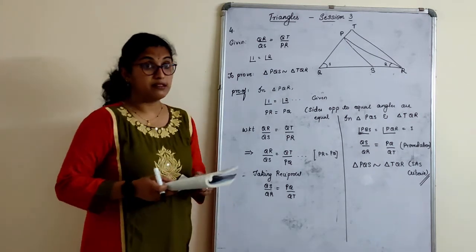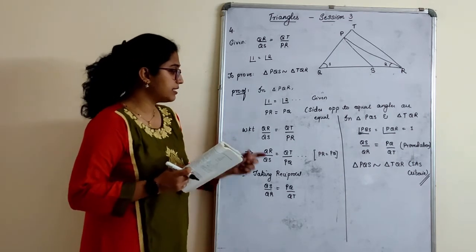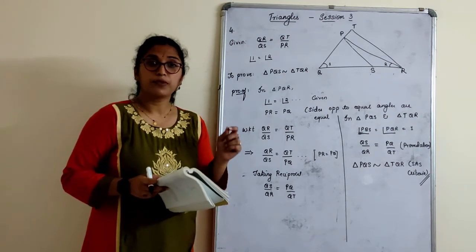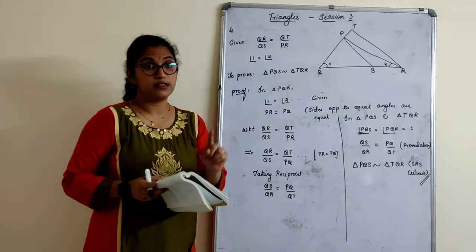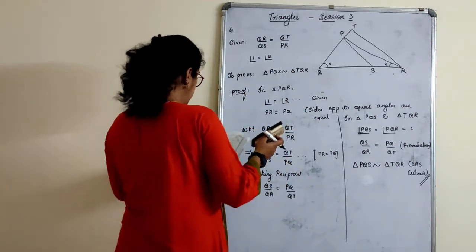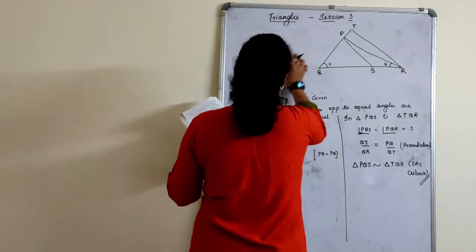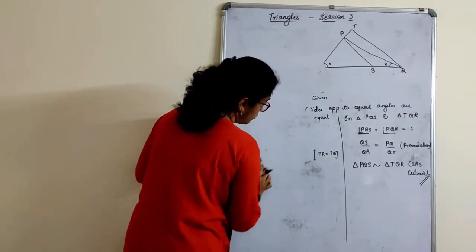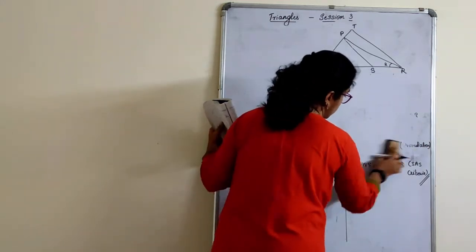You need to practice a lot of these type of sums. Initially you find it a bit difficult, but once you understand the concept of when to take reciprocals and when not to take, it is simple. What triangles you choose, write the proportional side of that triangle only first. Same like in congruency how we used to do. We'll move on to the next one, that is the fifth one. It's quite a big exercise, so we'll cut down the exercise to 2 sessions. So today we will solve only a few sums and in the next session we will complete the exercise.